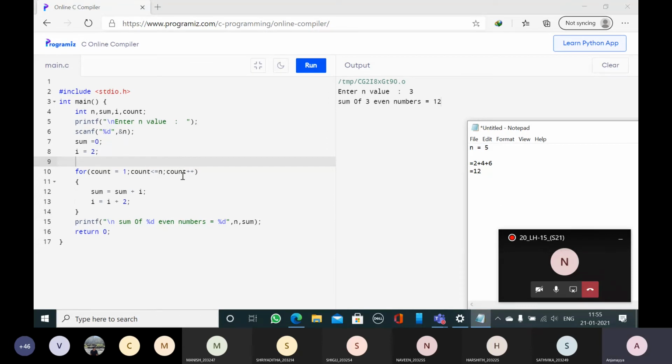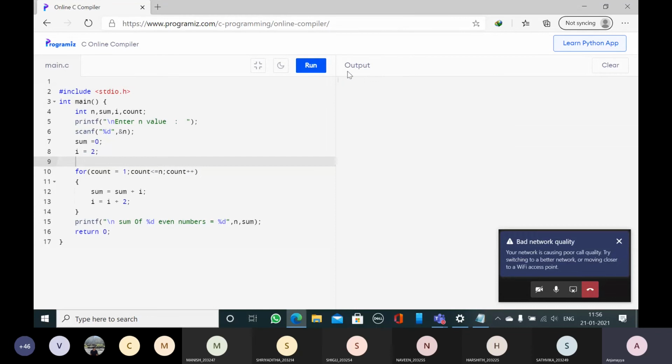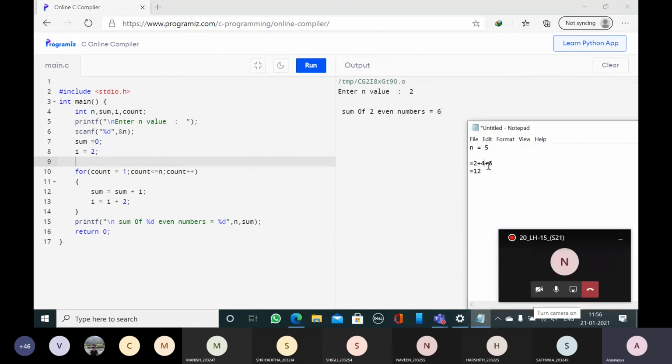So then we say that our program runs for, in general, you can give n as 10 or n as 1000 or n as 2000, it will work because we have tested for 3 to 4 values. One time we have tested for 5, another time for 4, another time for 3, another time now if I test for 2. What is 2 plus 4? 2 plus 4 is 6. So if you test for 2 to 3 values and you get the correct answer, then we can say that in general it works for any value of n.